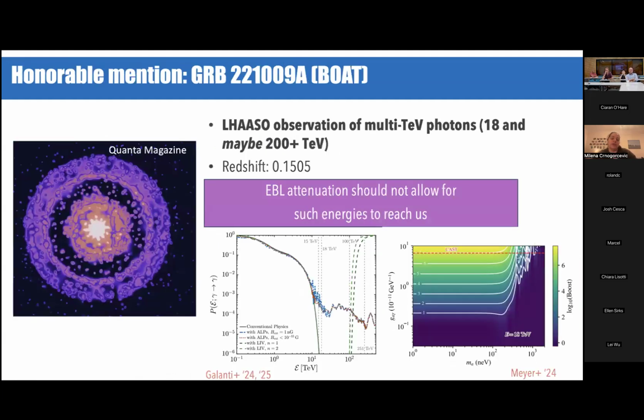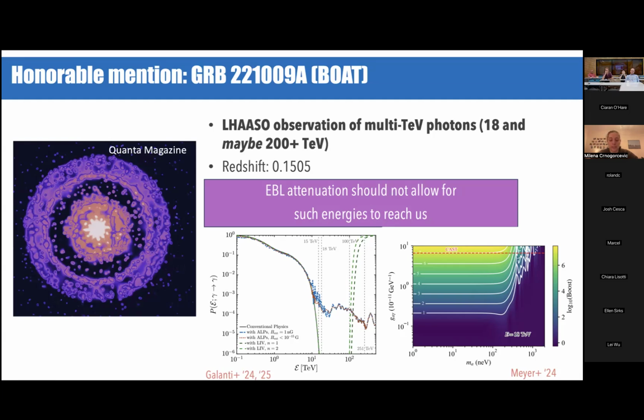I want to also mention my favorite GRB, 221009A. That's a very unoriginal thing to say, I guess, in the transient community, that the brightest GRB is my favorite. But this was a big event that happened in 2022 where the entire transient astronomy community went really in on it. It was an extraordinary event from a GRB at a redshift of 0.15 that resulted in some very interesting